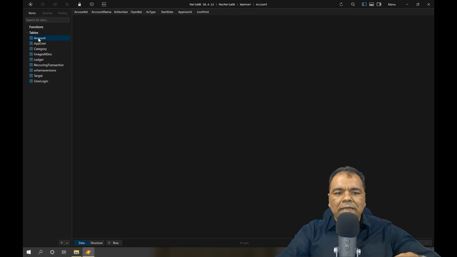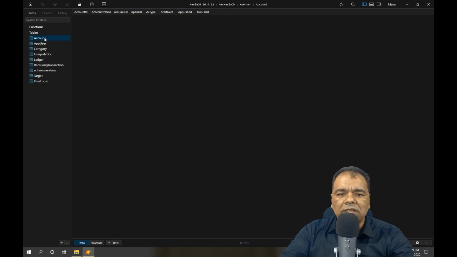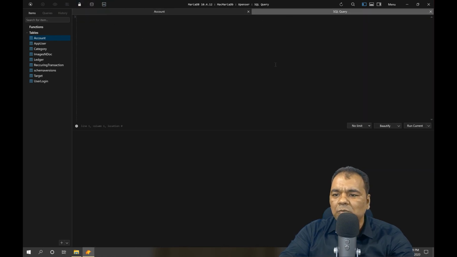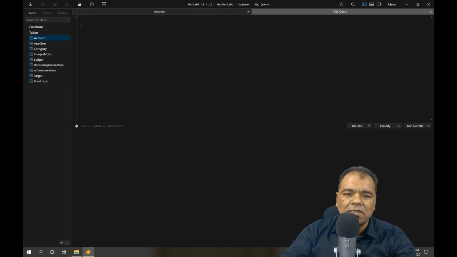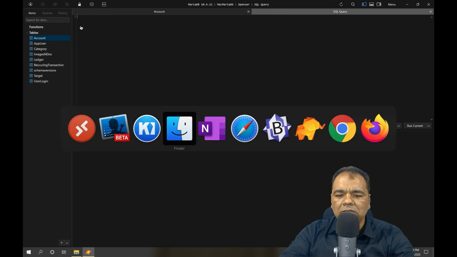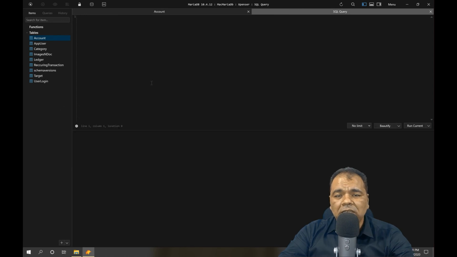Not only this, I can see the content of the databases. Let's say I have to write a SQL query, I'll click on this one. This will open my SQL query window. Let me write a SQL query for insert operations. I have a query in my clipboard which I have copied, so I'll paste that query.